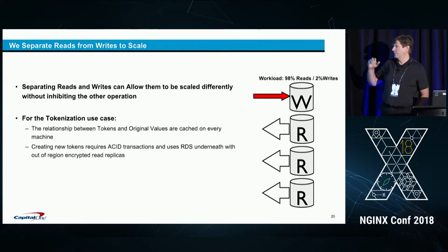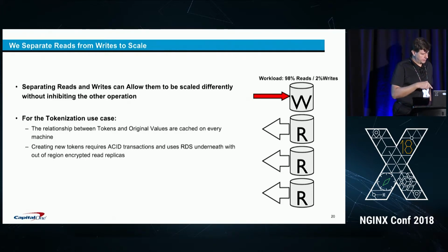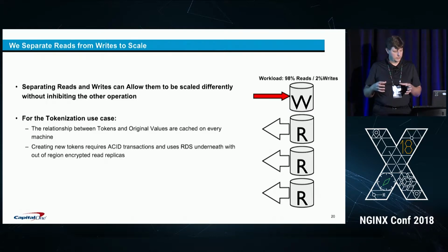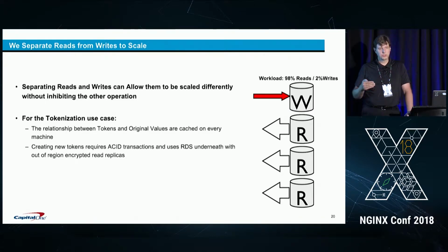But we do follow different paths to try and protect that database. One thing that's an important point on this particular slide: when we were building our sensitive data tokenization platform, some of the consumers of this service need to go through maybe 100 million records a night. And one of the things that we were trying to make sure that we didn't do